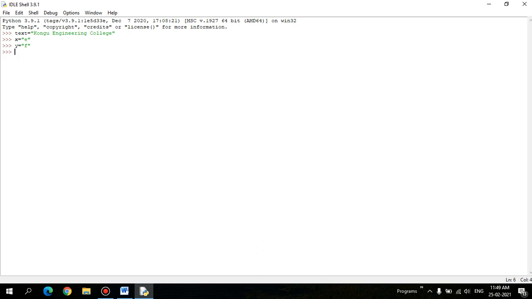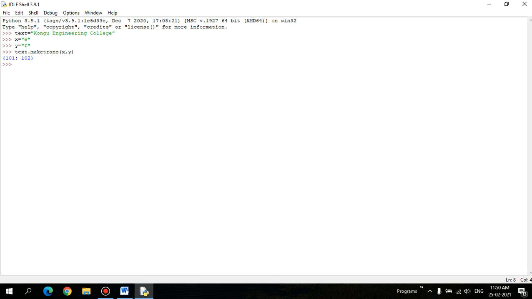Next, text dot maketrans of, it returns a translation table. It accepts two arguments, first one, second one. It returns a Unicode, and Unicode is nothing but E is going to be changed to F.